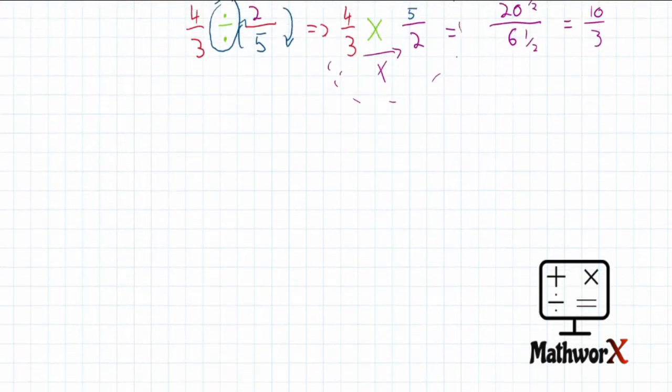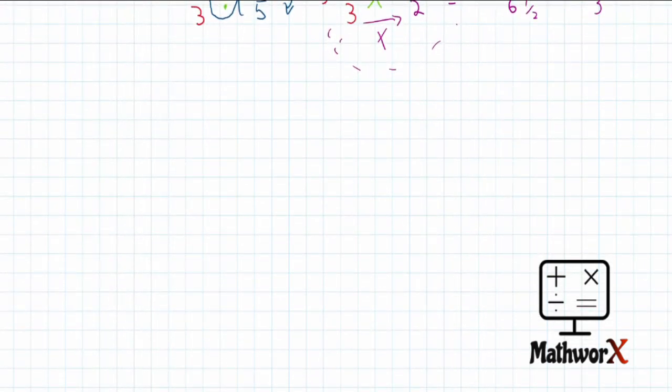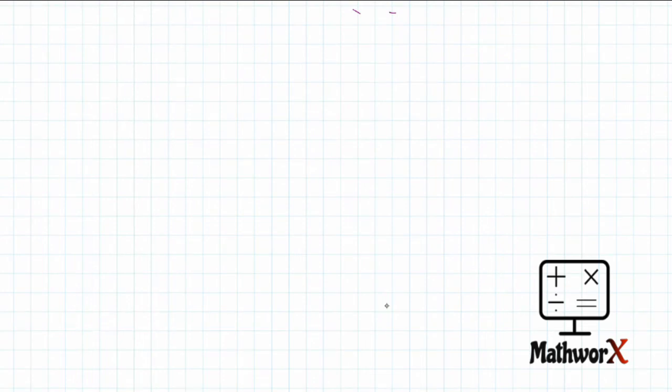Try and pause the video and do it for yourself. You won't learn otherwise. So we have 3/5 divided by, sorry, I'll keep the same color, divided by 5. 3/5 divided by 5. And if you've watched any of my previous videos, if you have a whole number, all we need to do is divide that whole number by 1, because it still means it's that whole number. So